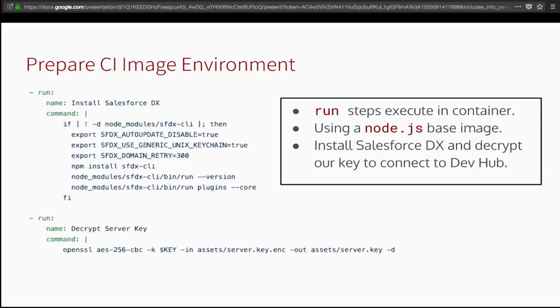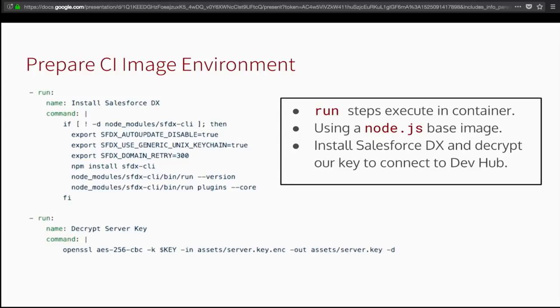A config.yml file is fundamentally a series of steps. And each step is a shell script. It's just a command that we're telling the Docker environment on that CircleCI server to run as part of the process of executing our tests and getting us back this insight, this information about what our code and our metadata is doing. So the first things we're going to do when we get into that virtualized environment is we're going to install Salesforce DX, because that's what we need to do everything. We'll use npm, the node package manager, to install SFDX on this container.